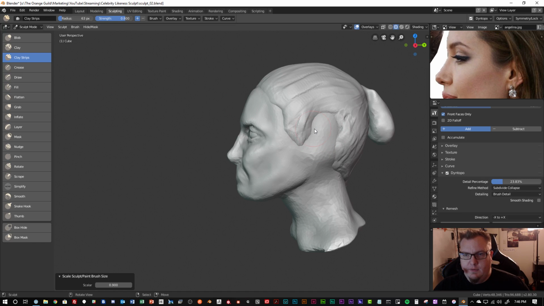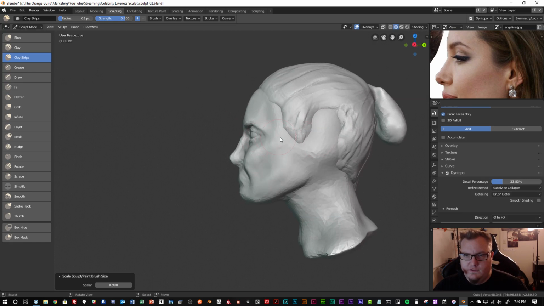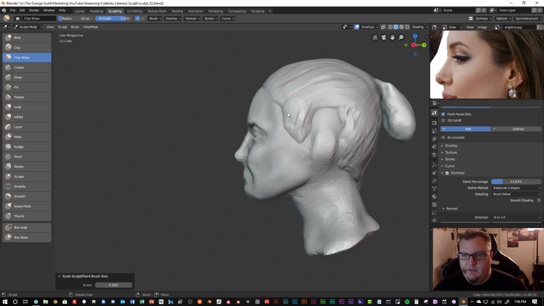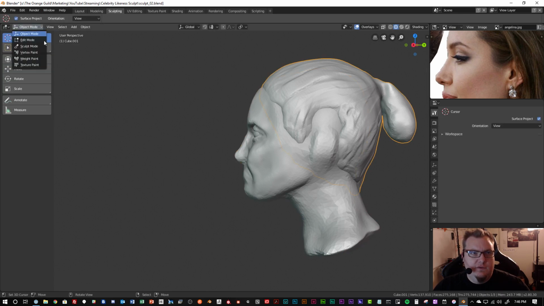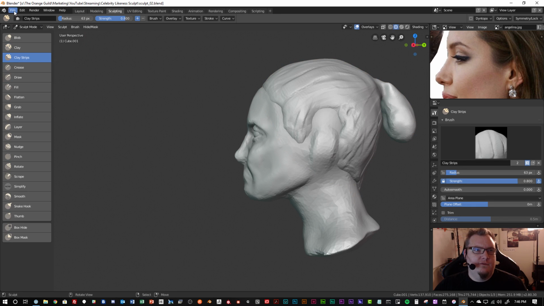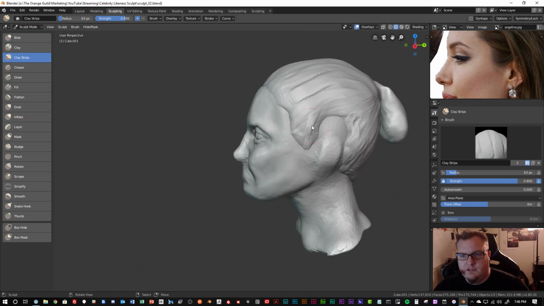So let's grab clay strips. Starting right about there is where we're going to want those ears to be. And that means we can tweak the hair now a little bit to make sure we've repositioned that hairline. So I'm just using clay strips. We're drawing,